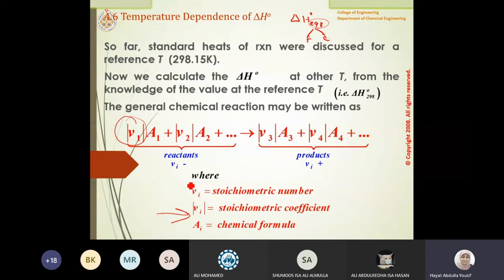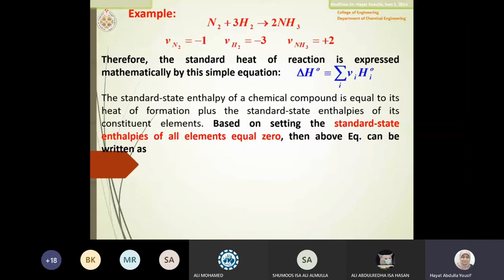Okay, all right, so what we are going to do, we need to know how we can deal with such a case. Okay, now I will change the temperature and see what will happen. Smith started talking about so many details here. Trust me, I can explain all these details while I'm presenting. But you all know at this stage that to calculate delta H naught, I need to know the delta H formation, provided that the stoichiometric number is given for each. And you know it.